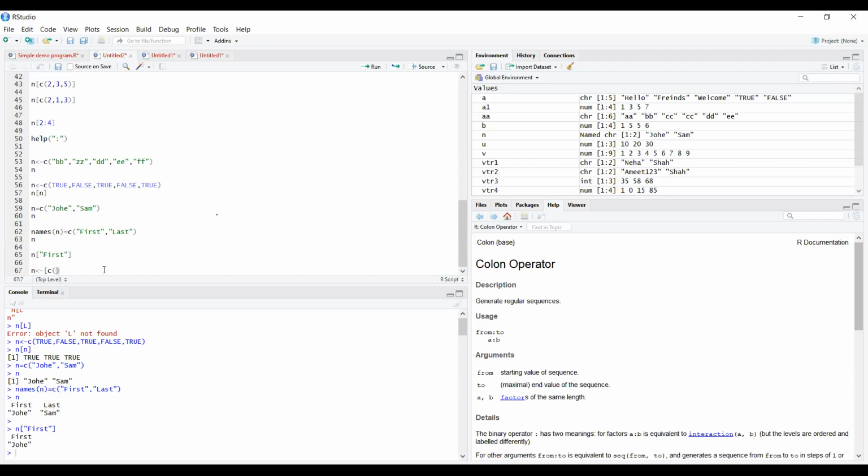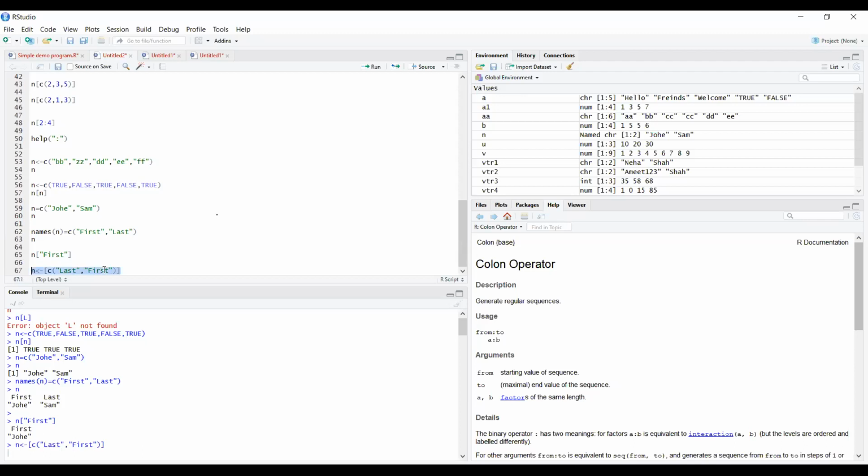So in the bracket last, comma first. So the square bracket is completed, this bracket is completed, then the square bracket is completed, and if you select this particular stuff, enter.